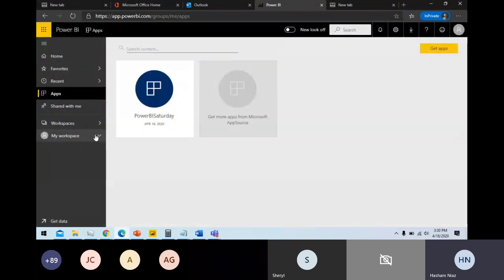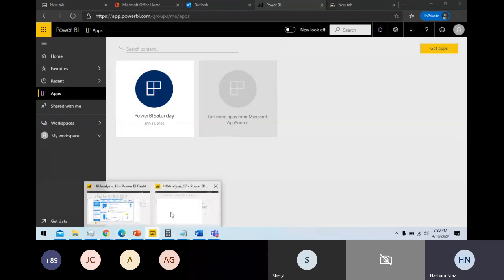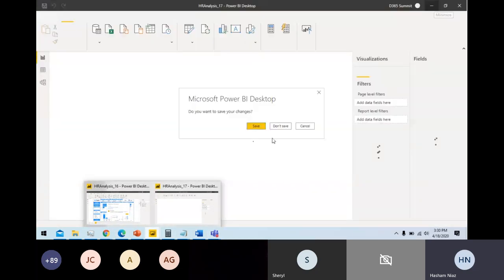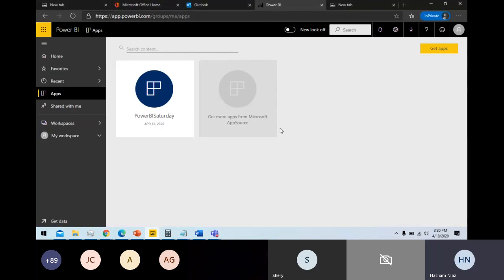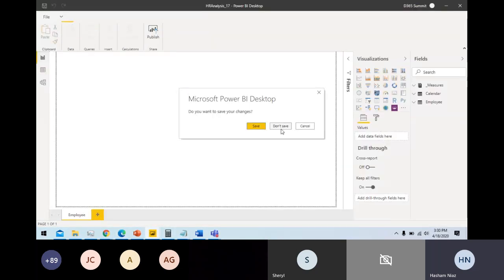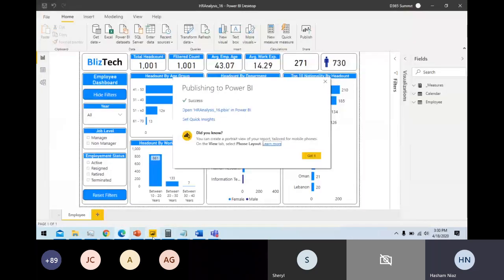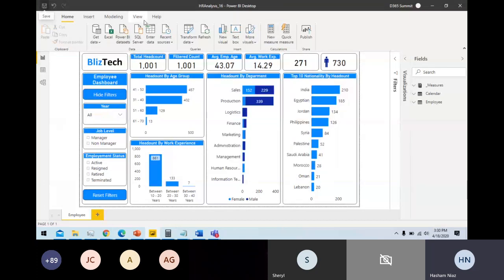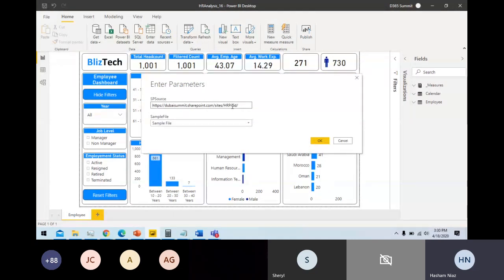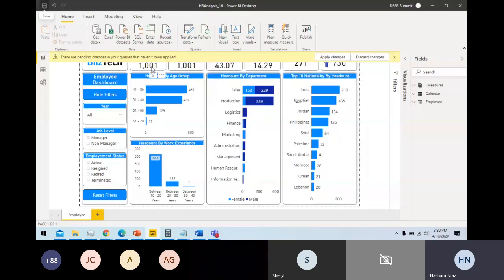So the question was, what if you change the data source? I have this particular data source. Let's do a don't save here. I don't use this functionality. So I have this particular app and I have this parameter here as well. Currently this app is accessing data from prod. Since the data set here has not been updated, what I can do is change this to test, right? In the test setting, I apply the changes.